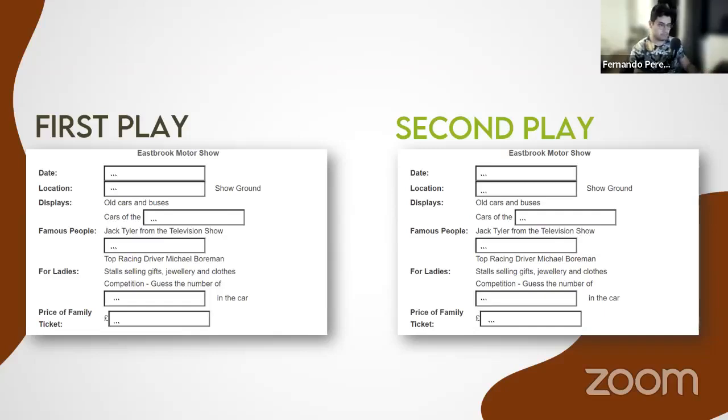If you want to go to the Eastbrook Motor Show, tickets are £12 for adults and £6 for children, but you can get a family ticket for 2 adults and up to 3 children for £30. If you want to avoid queues on the day, you should buy your tickets in advance. You can get them from the Eastbrook Village shop or online on www.eastbrookmotorshow.co.uk. See you there. It's going to be a great day.